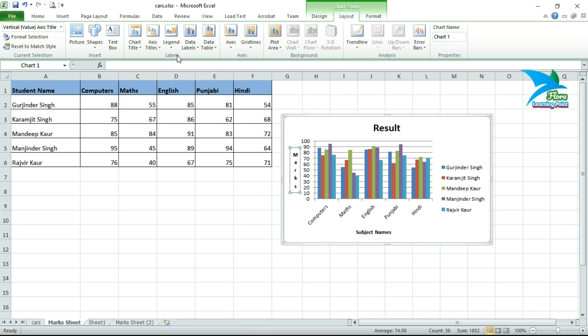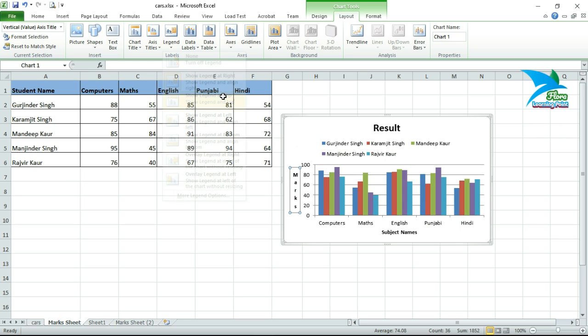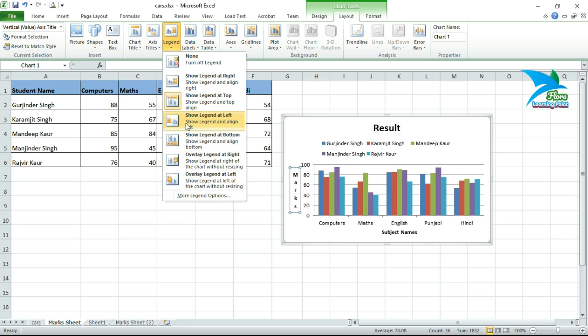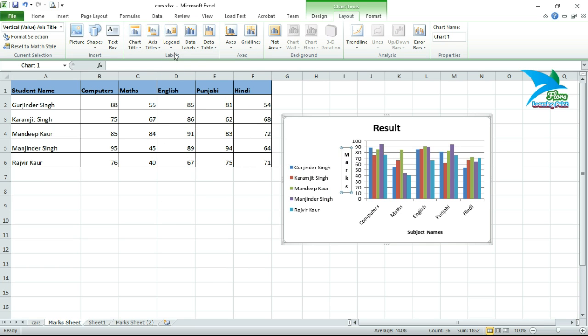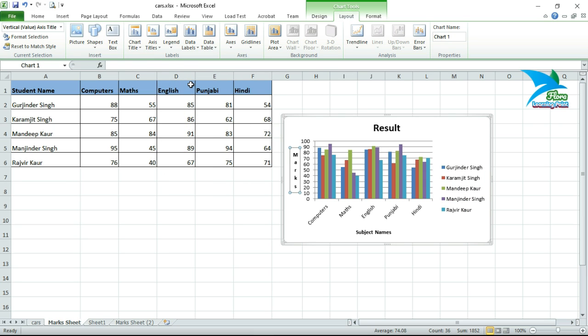If you select this one, the legend will be shown at top. So that means if you want to display it on the top, then show on left if you want to display here. So these are the various options with the help of which you will be able to decide where you want to display that particular legend.